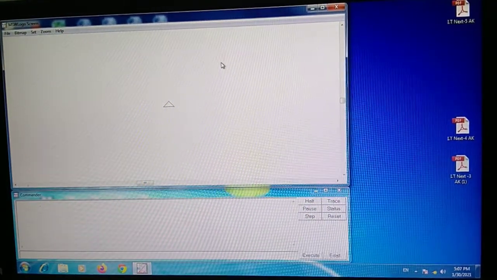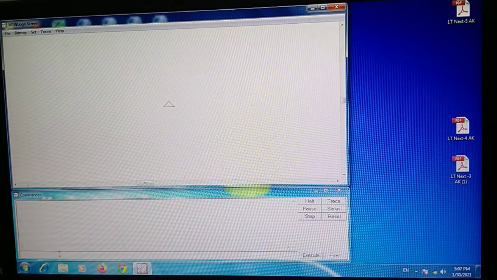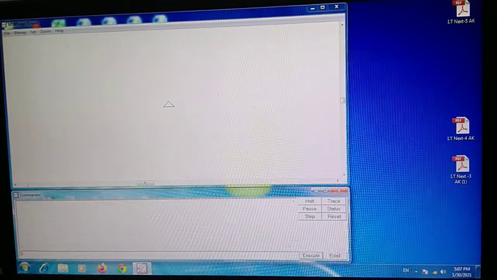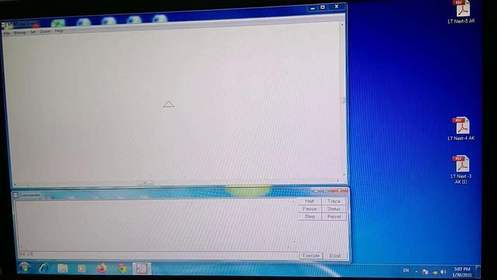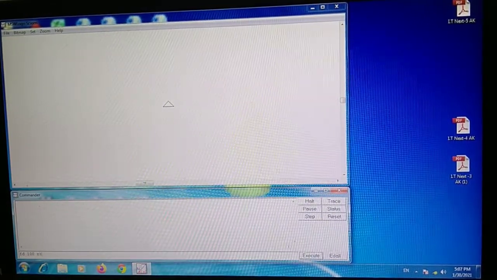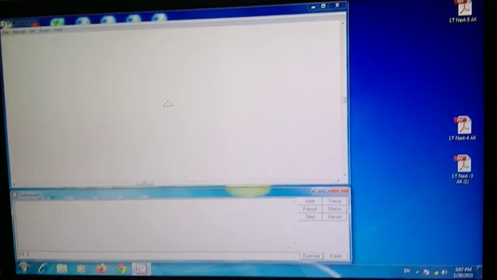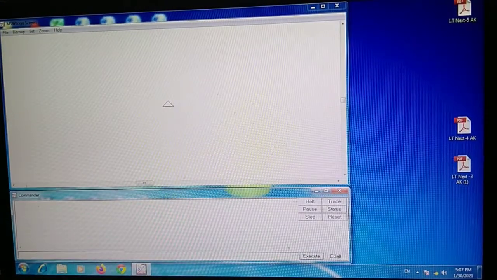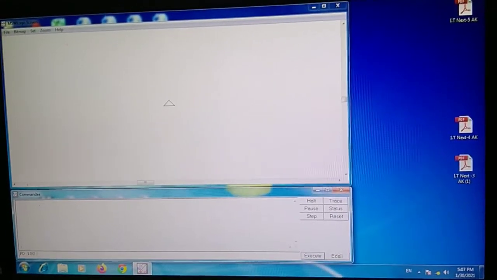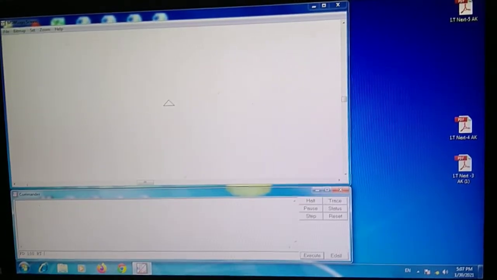I am writing here in the command box FD 100 and RT 90. FD 100 space RT 90.